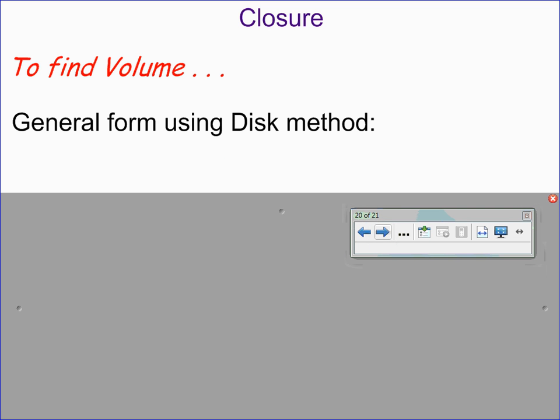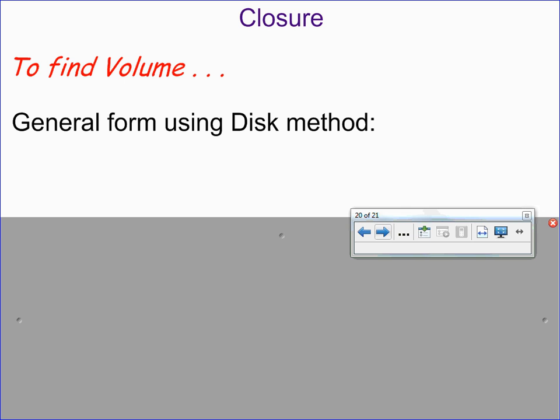So to find volume, our general form using the disk method means that we have uniform circular cross sections. You guys don't have a closure on there? Oh, like it didn't come. That's all right. We can write this down. V equals the integral of my area function, A of x, with respect to x. It's just that in our disk method,